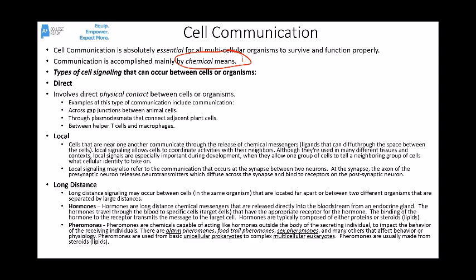Long-distance communication, on the other hand, happens between cells that are separated by long distances or organisms that are separated by long distances. Typically, the two most important ways of doing long-distance communication are, number one, hormones, which we know are chemical messengers that are released by an endocrine gland into the bloodstream. They travel through the blood to specific target cells that have receptors for them. And once they bind to those receptors, sort of like a key fits into a lock, they generate some kind of response in that target cell.